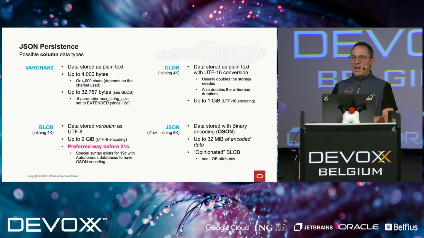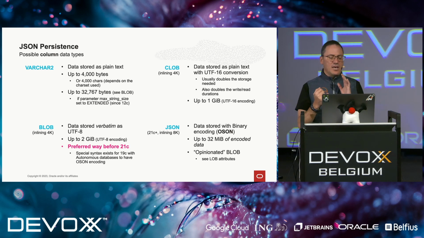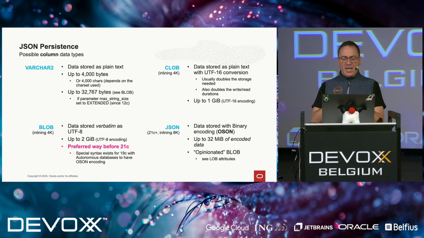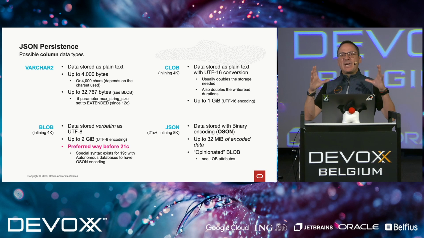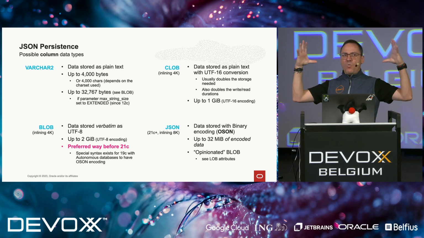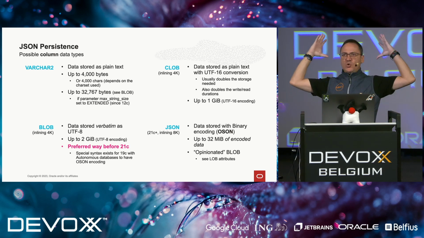So in the case of varchar, we are limited in the number of bytes that we have access to. We are limited also in the format. If you want to use more space, then you probably have to jump into character LOB or a binary LOB. Again, we also have restrictions in some space. But the thing about these different options, again, whether you want to go with MySQL, Postgres, or Oracle, is that when you store JSON documents in this way, they are like an opaque thing. That is, you get one single document and then you store it directly.